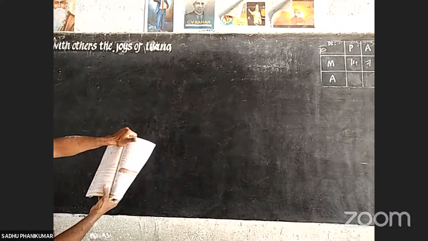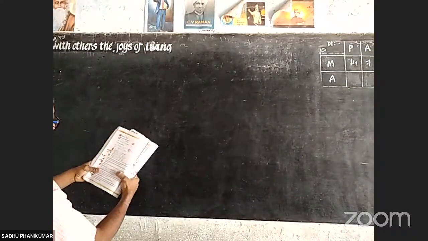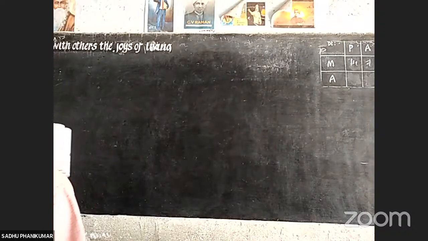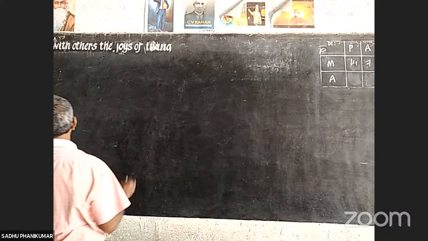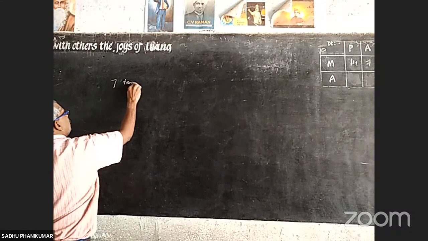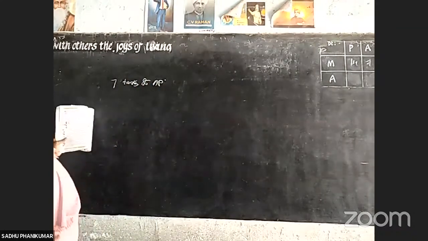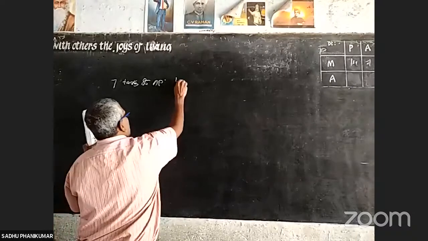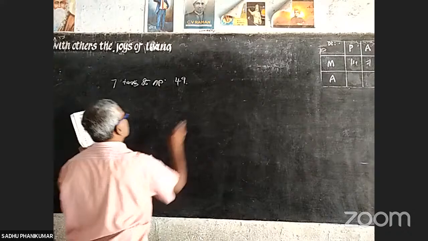Yesterday in our class, while converting the terms from one side to the other side, I made a small mistake. That is, what is the sum of 7 terms of the AP? The sum of 7 terms of the AP is 49 and 17 terms is